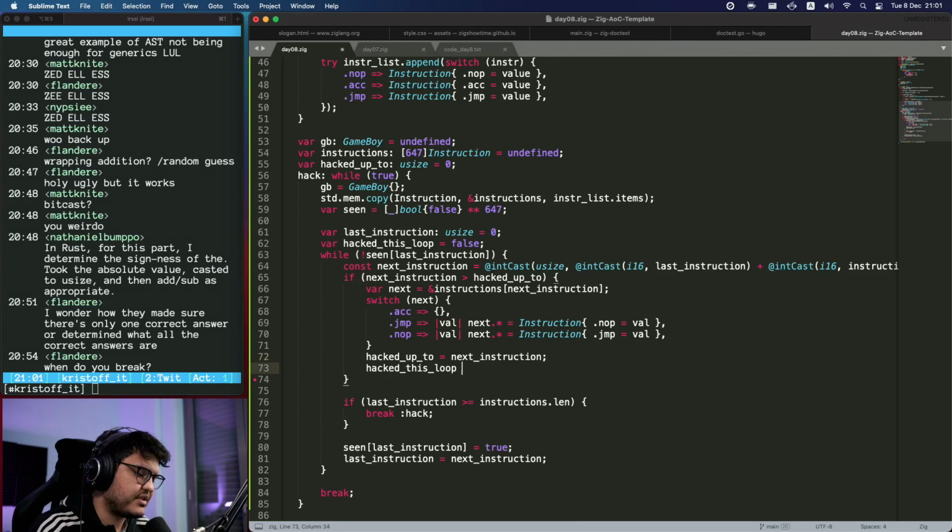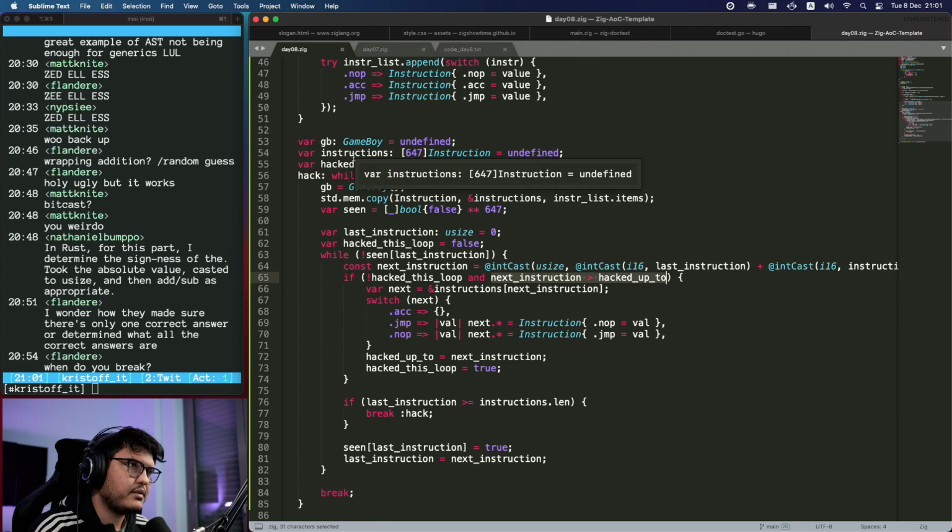Hacked this loop set to true, and we check it. If not hacked this loop, and if we never hacked it in this loop and we are reading an instruction that we have never hacked,